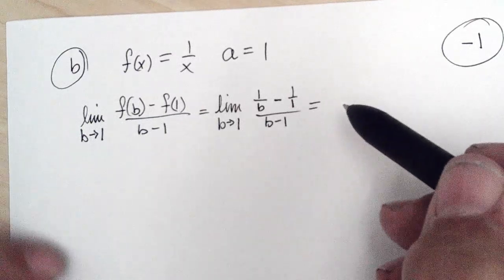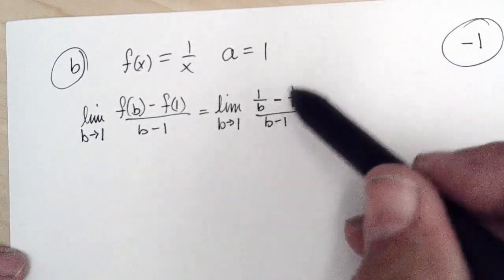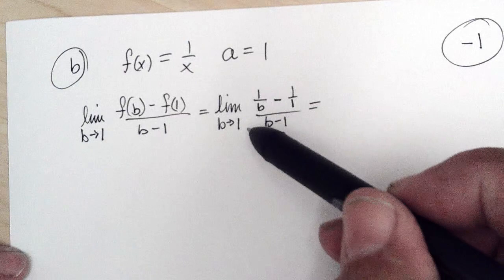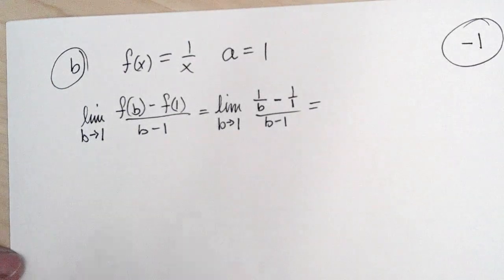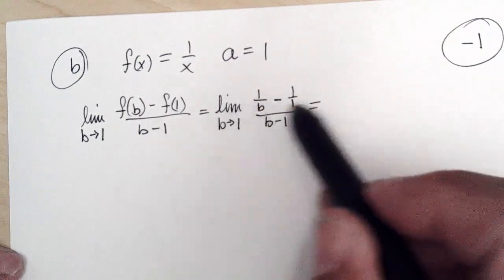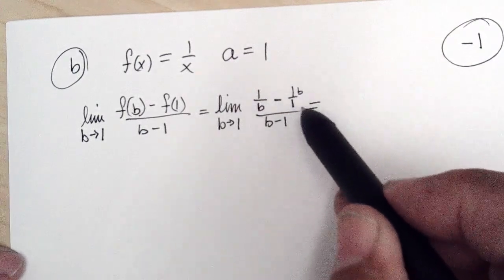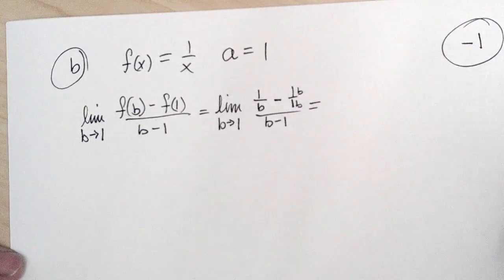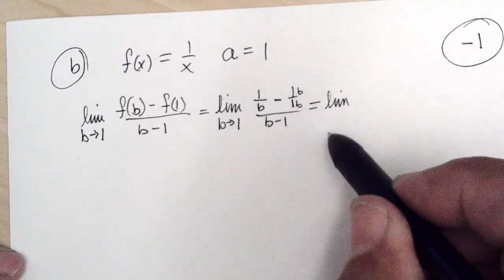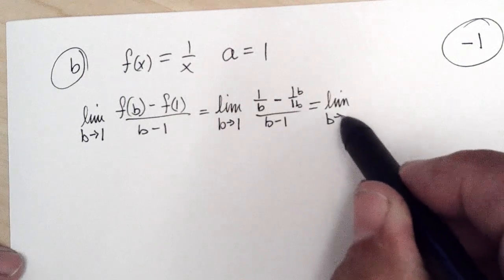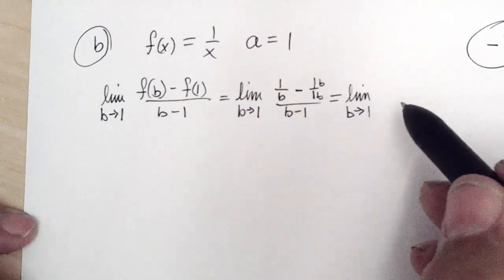The algebra says, in class somebody said multiply numerator and denominator by b, and that works. I'm going to do it a little differently. I'm going to get a common denominator in the numerator by multiplying by b over b, just so you see how this works. And I get the limit as b approaches 1 of